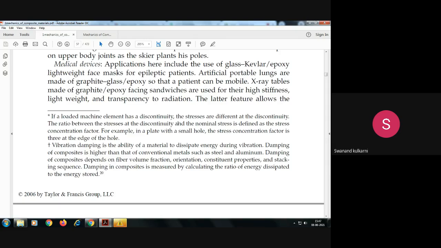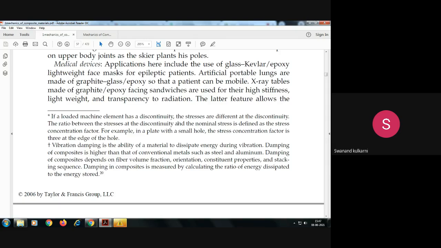Unless the transparency is there, the X-ray cannot be possible. So if we use the graphite epoxy facing sandwiches, they are lightweight and